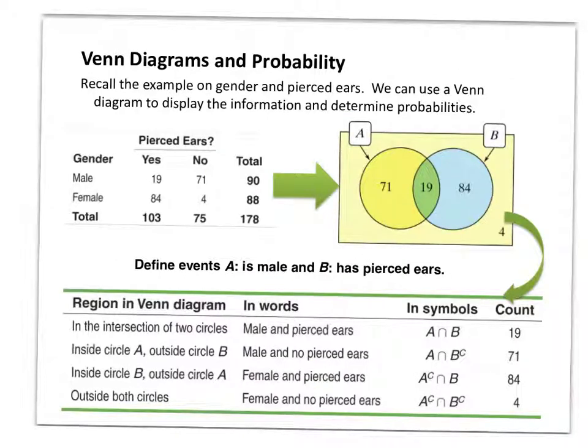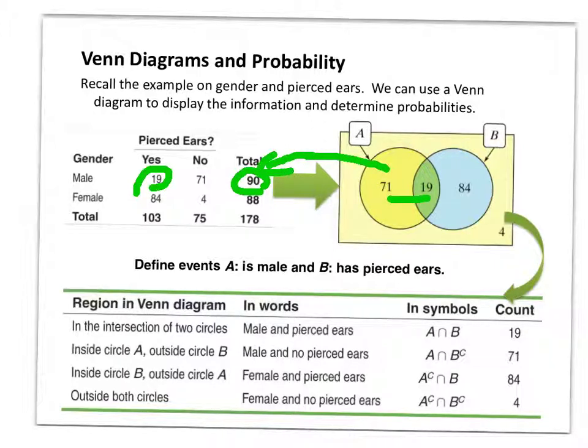So let's go back and look at our two-way table involving gender and pierced ears and look at what a Venn diagram would look like. If you notice here, event A, remember there was a total of 90 people. Well, event A is the yellow circle. If you notice, 71 plus 19 is 90. Why did we split it up? Because we had 19 people who were in both circles, who were both male and had pierced ears. So that's the overlap. But you have to note here that 71 plus 19 does have to equal the total